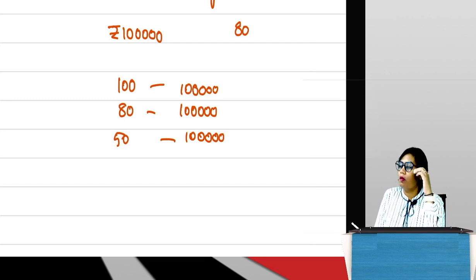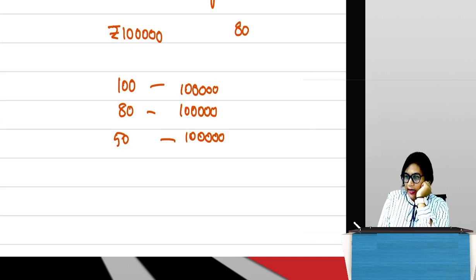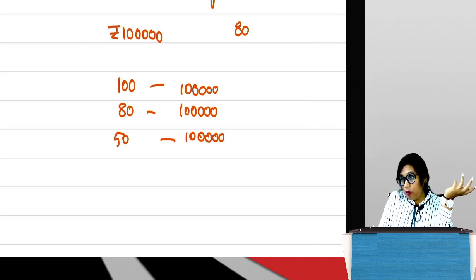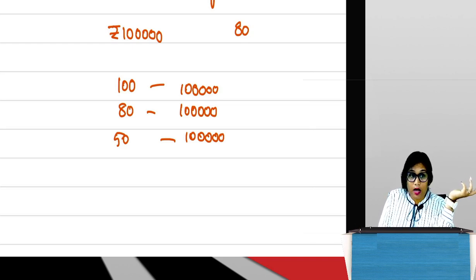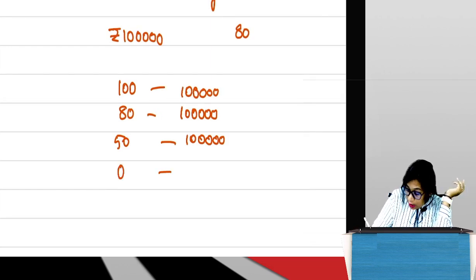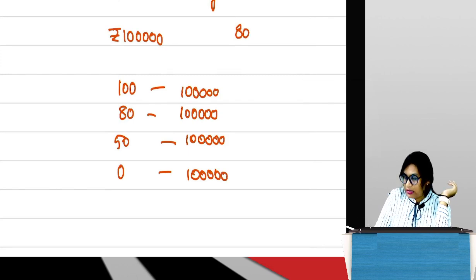Let's say 0 come. None of you turn up, all of you forget. Then can I tell her something? So she'll be like, no ma'am, you told me that you're going to take the room. It doesn't matter, if 100 are coming, 80 are coming, 50 are coming, you have to pay me 1 lakh. So even if 0 come, I still have to pay her 1 lakh.